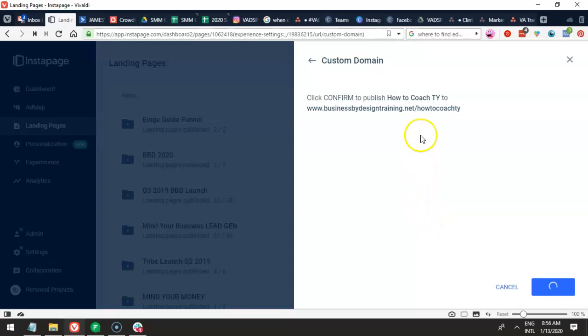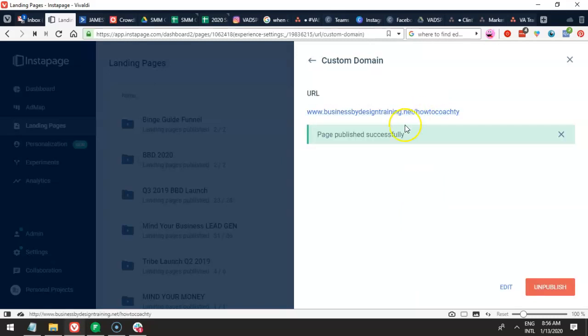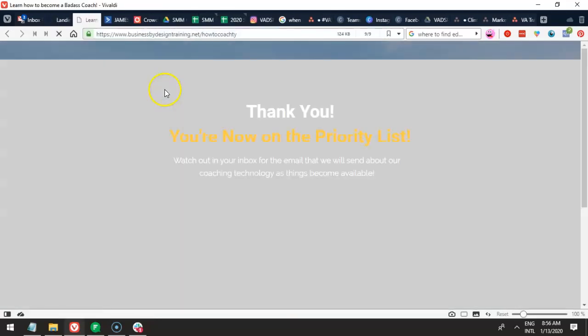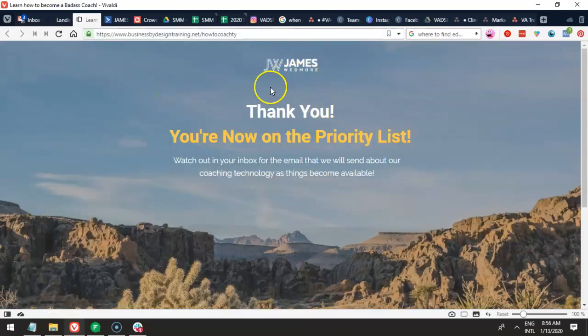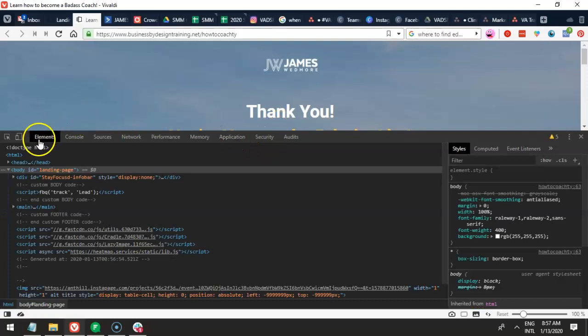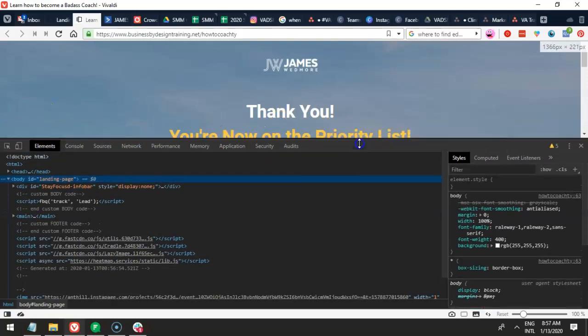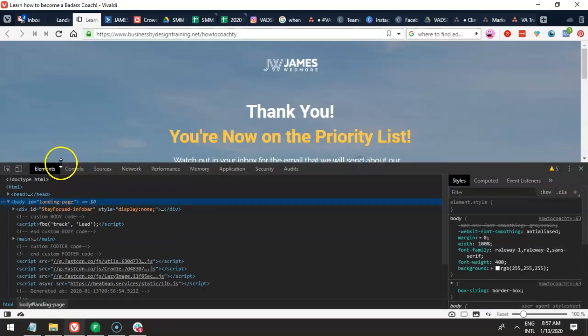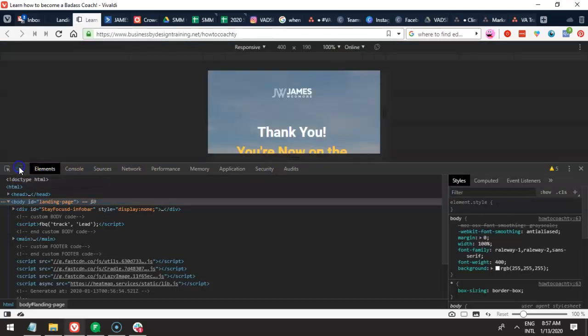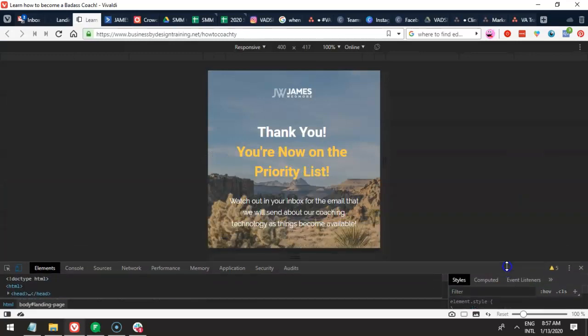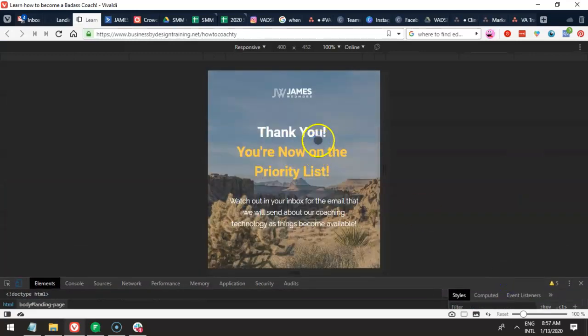So when we visit this page now, it should now be clickable in a few seconds. There you go. So now if you visit that page, we should now be able to see that thank you page that we just created. If you press F12 on your keyboard, it will open up the inspect element feature of the browser, and then you will have this mobile version here. If you click that,